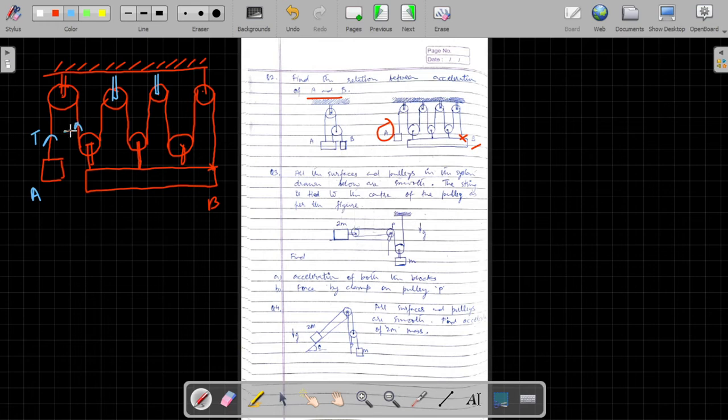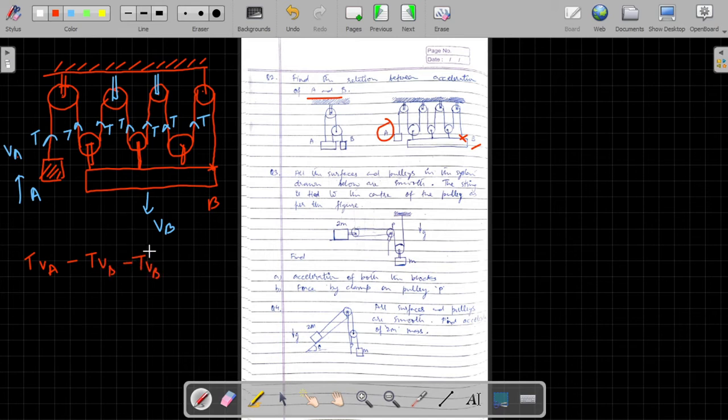So let us just draw the tensions on the moving parts. These pulleys which are connected to the block directly, they would be moving. So the tension in all the pulleys is going to be T only. Let us say the block B is moving downward. So block A would be moving in upward direction, and let us write the equation. So we write tension T into VA, that would be the instantaneous power delivered to this particular string. Then tension T into VB plus tension T into VB.